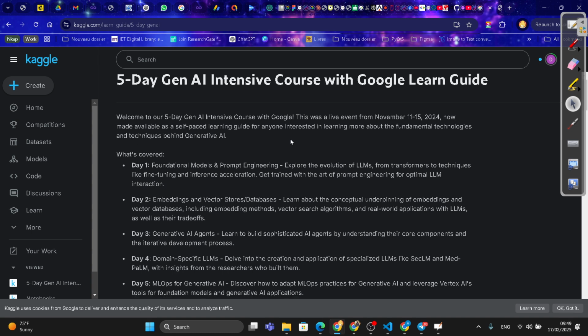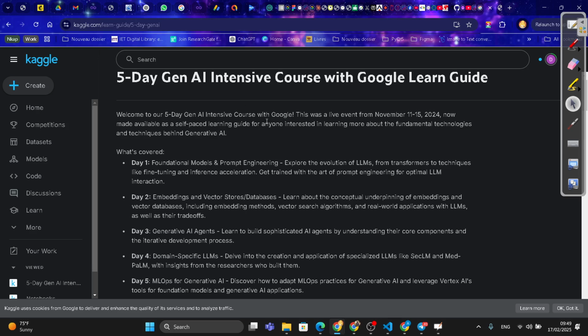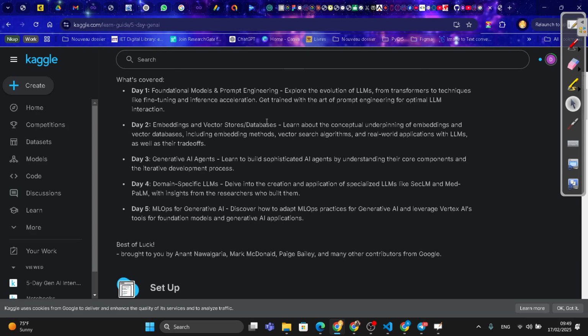What you need to know about this 5-day generative AI is that you are going to choose a topic each day. So there are given topics, like day one is foundation models and prompt engineering. Each day we have a topic, and each day on that particular topic you have some assignments that you need to complete. For example, for day one, which is foundation models and prompt engineering,